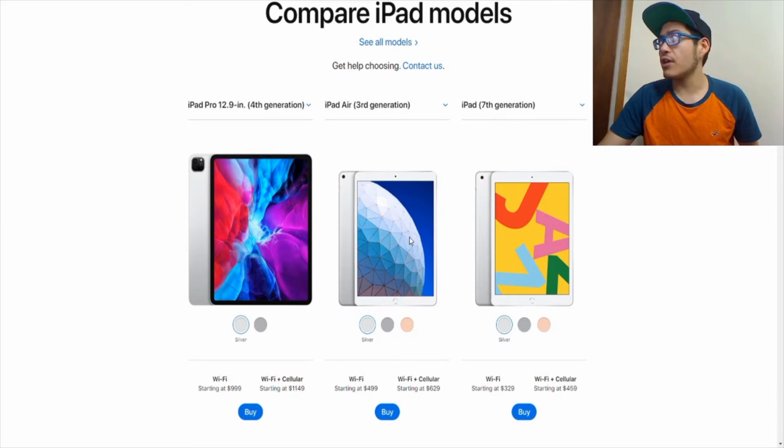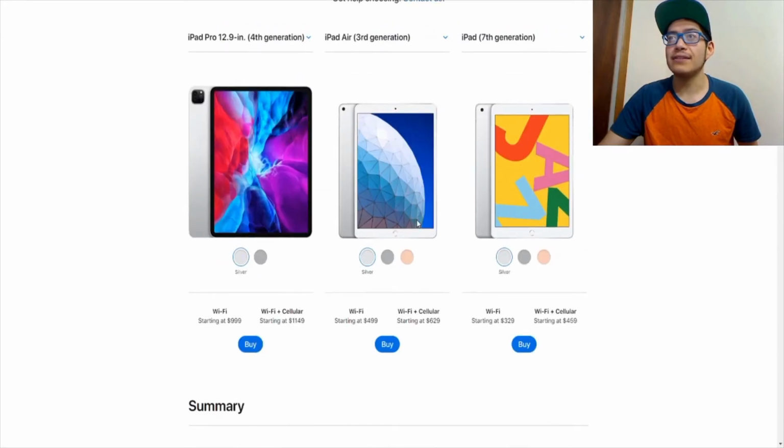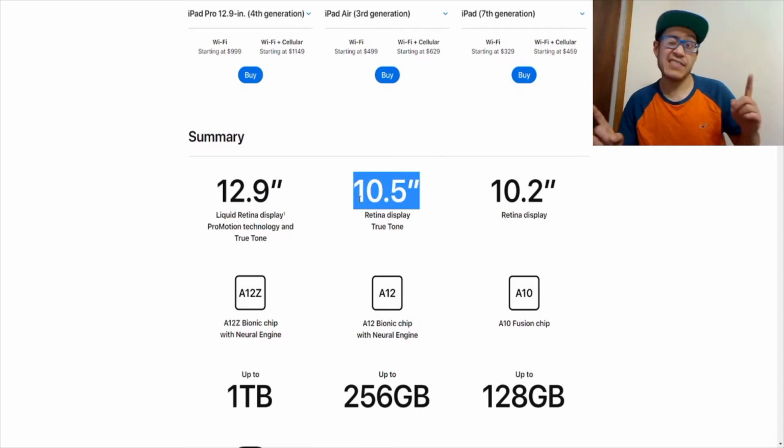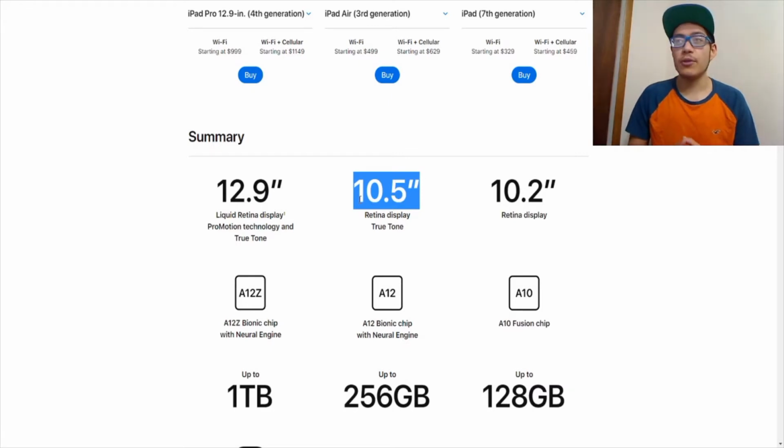So the first rumor is, for instance, the iPad Air 3rd generation is supposed to be getting one of the biggest increases in the actual design of the tablet. Like for instance, they said it's supposed to be going up to 10.8 inches. Do I actually believe Apple might be bumping this up to 10.8 inches? Actually, I think that could be real, just due to the fact that if you remember the original iPad